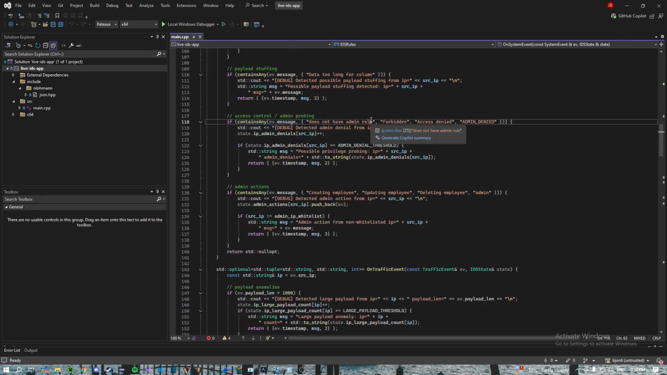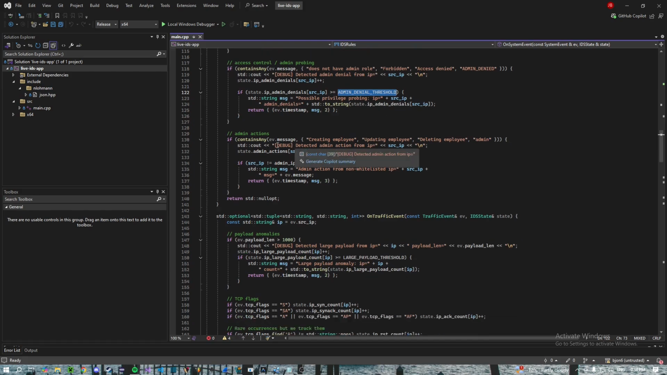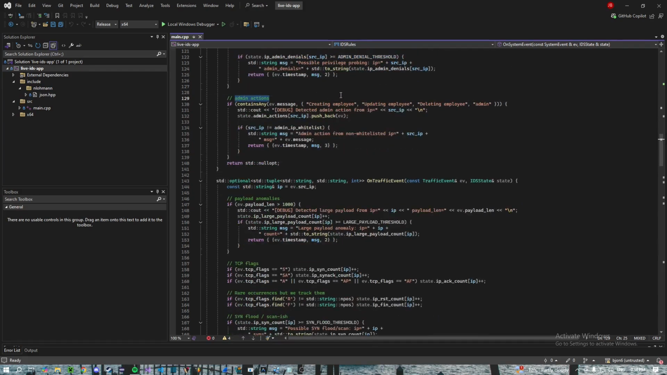So if it doesn't have the admin role, if they're doing forbidden actions, or they get access denied in certain actions. So this is changing employee information, basically deleting employees from the record. That all can't be done through a normal user, so you have to get admin perms to do that. Obviously that would flag an issue, and that would add to the admin denial threshold. Then we look for the admin actions. If you either create employee, update employee, delete employee, anything that deals with database related actions, that is going to be put as a